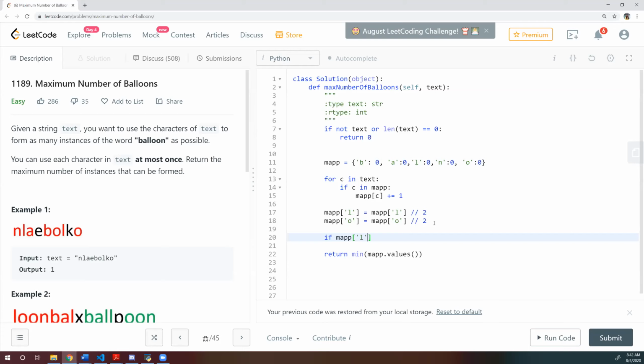No, but she has divided now, so it would be less than 1. Here also, just return 0 straight away. Yeah, makes sense. Thank you.